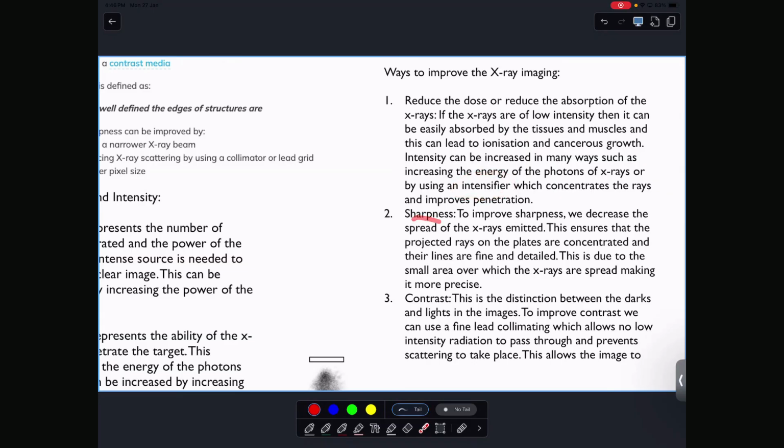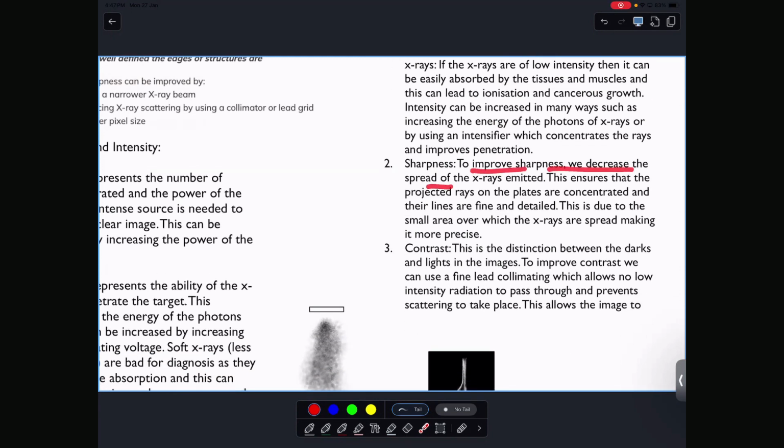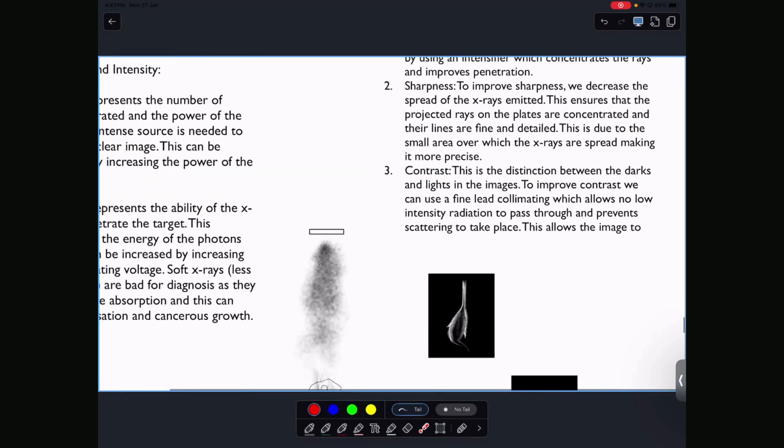And then there is sharpness. As I mentioned a little earlier, to improve sharpness, we decrease the spread of the X-rays. What is used for this? Collimator. It improves sharpness. And contrast is what? The distinction between the darks and the lights in your images. To improve contrast, we use a fine lead collimating